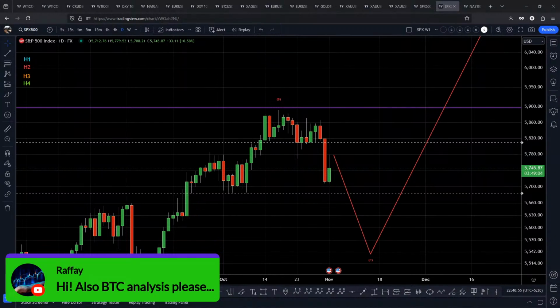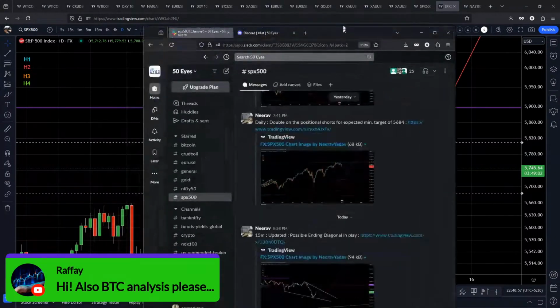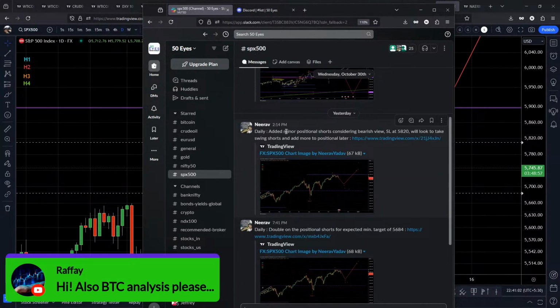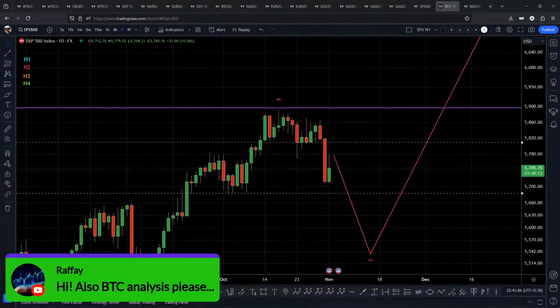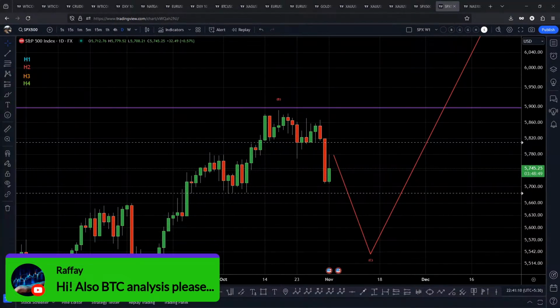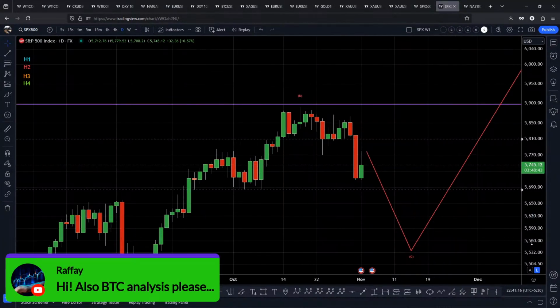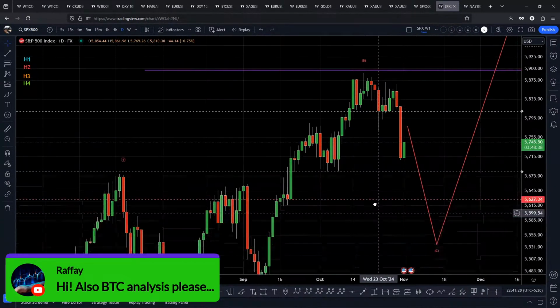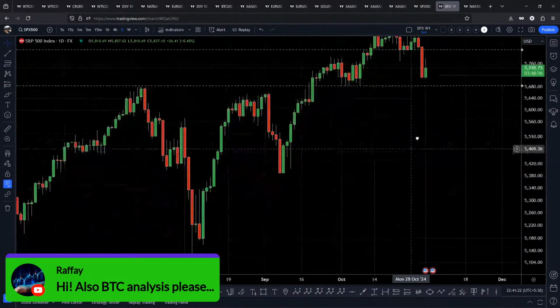And at this point in time, I have a swing short position on S&P 500. I did yesterday itself, as you can see. Now let's see what the idea is, that why I have taken this swing short position before heading any further. So this swing short basically is in alignment with our bias that this market is